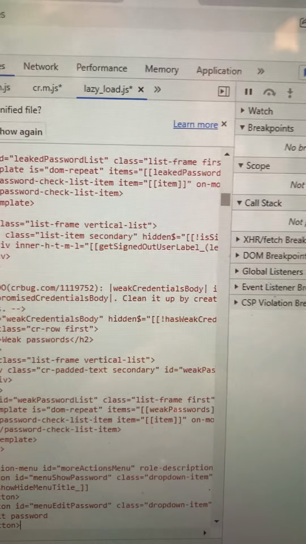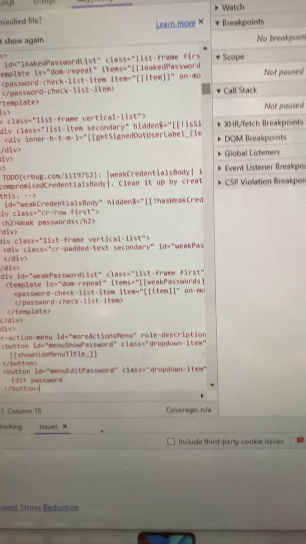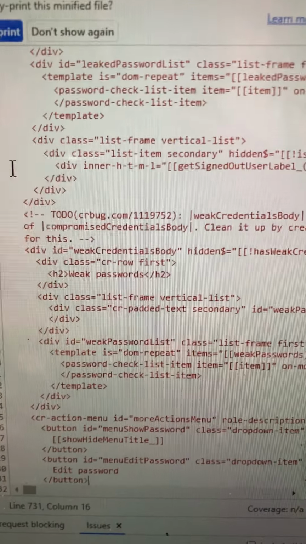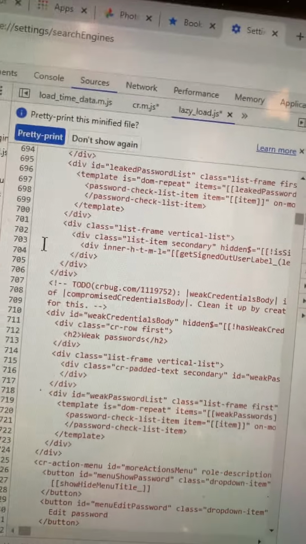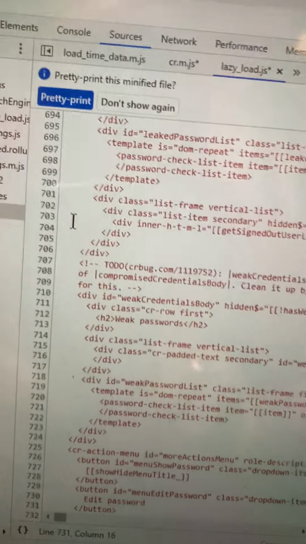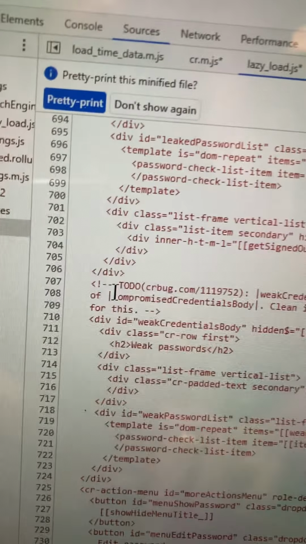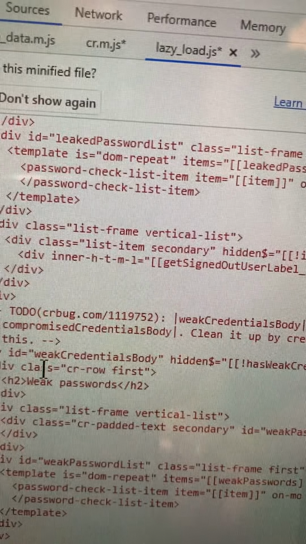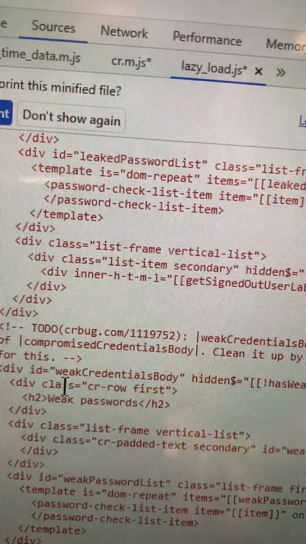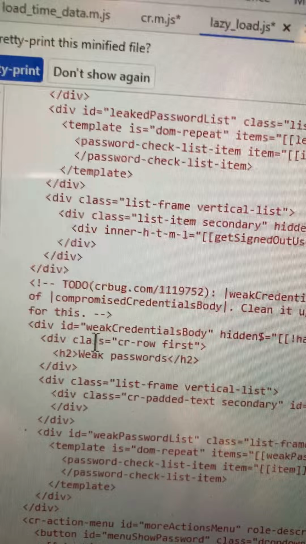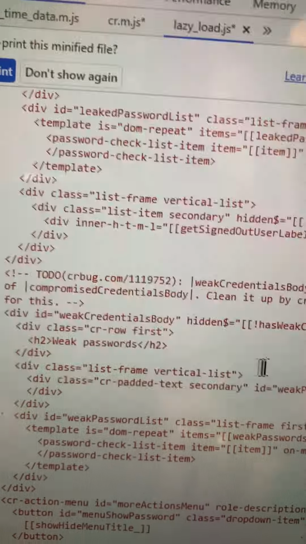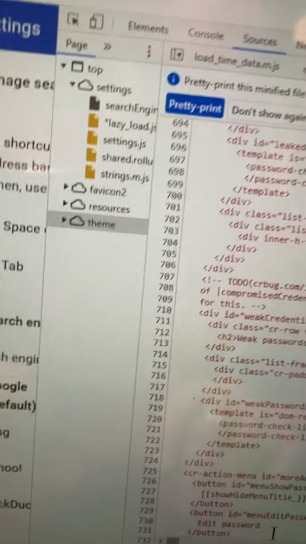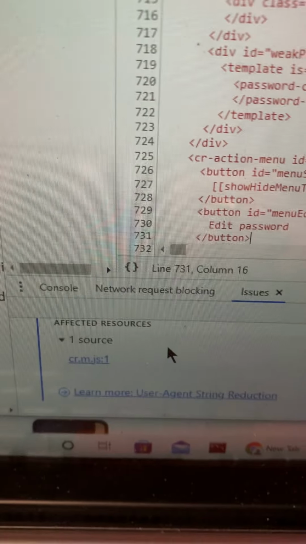Guys, I'm finding the problem. I don't know if I'll be able to fix it. The crbug.com 1119752 credentials. I'm putting this down here because it said the source is